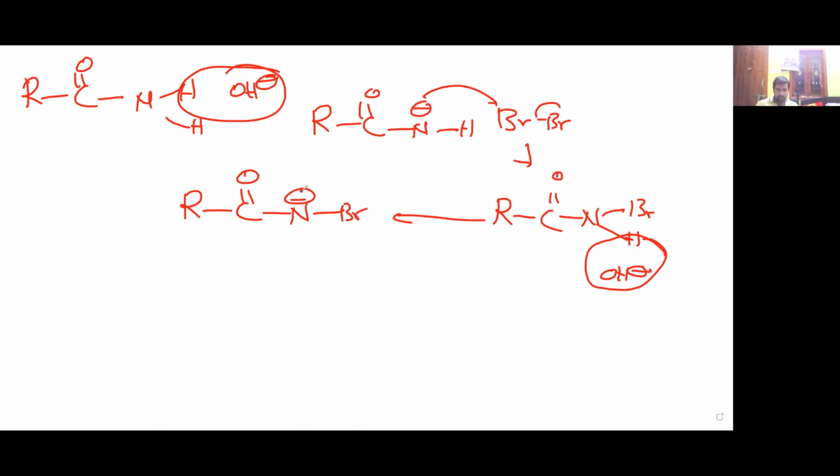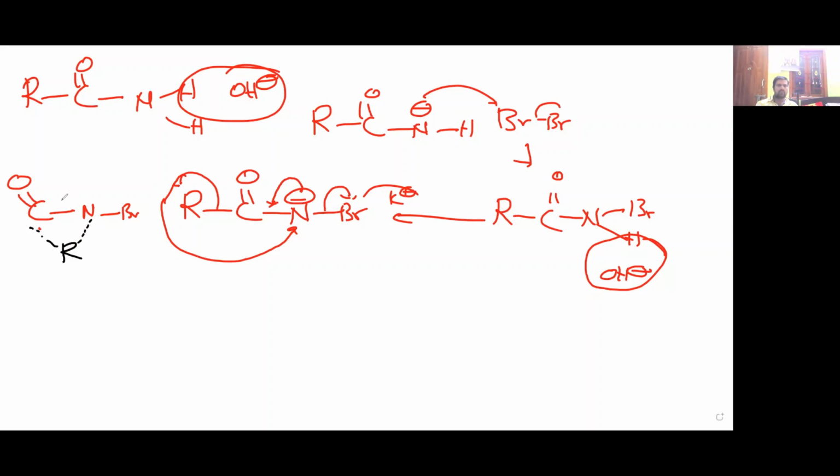Okay, please keep remember, this is only important. Bond shifted like this. This is the R alkyl group is migrating like this. Br minus is like this. You added KOH, no, K plus is there. K plus and Br minus is eliminating. Here the most important thing, the alkyl isocyanate is the most important reaction intermediate. Okay, so what is forming here? C double bond O, here N, here Br, here R is there. This is the reaction intermediate.